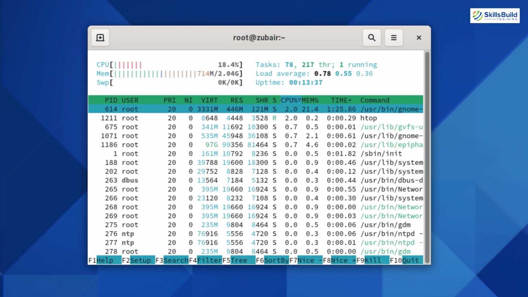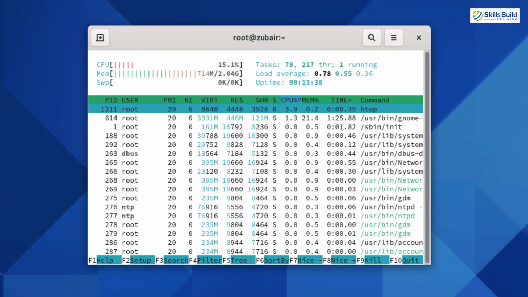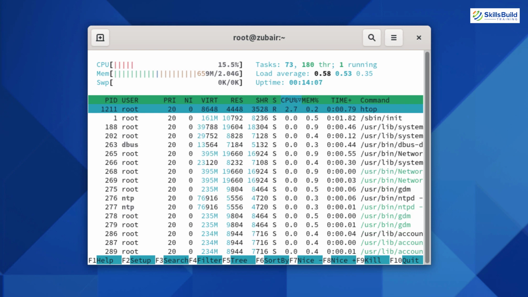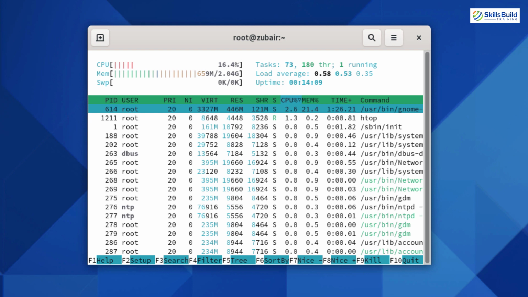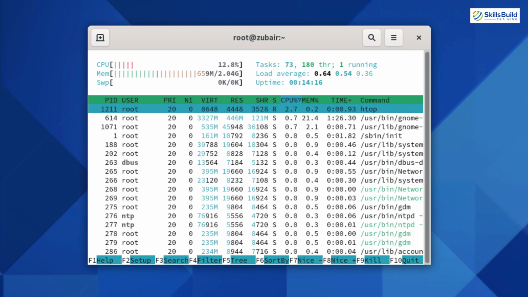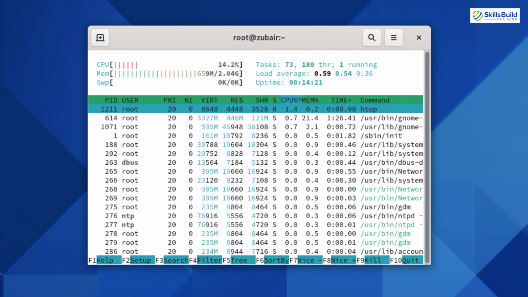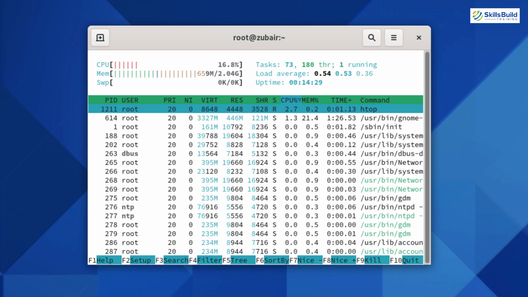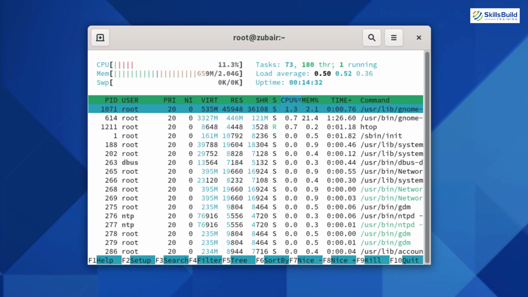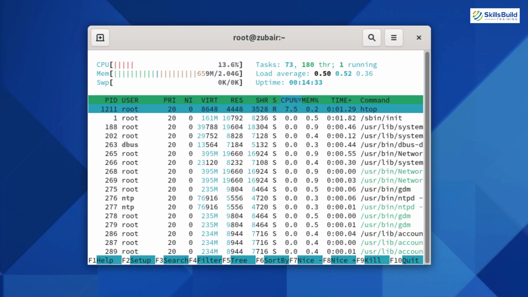For those who do not know what top and htop are, I will start with htop. Htop is a utility which allows us to interactively monitor the system's resources or server's processes in real time. Htop is a newer program compared to the top command. In the top command, we also get to see the system resources, but with htop, we get to see all of the information in a more detailed way and with an interactive interface. And htop offers many improvements over the top command.